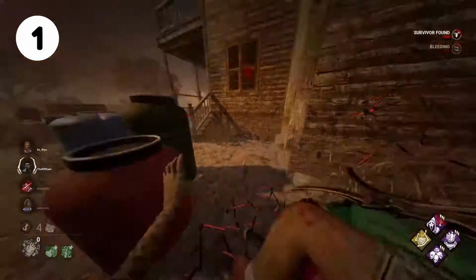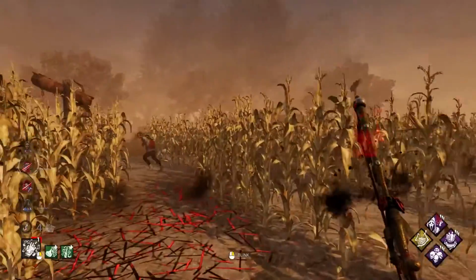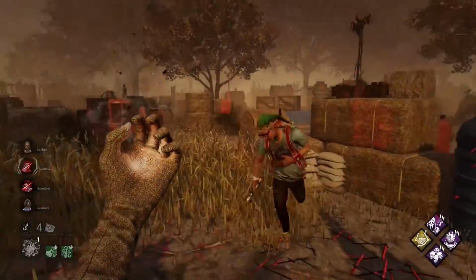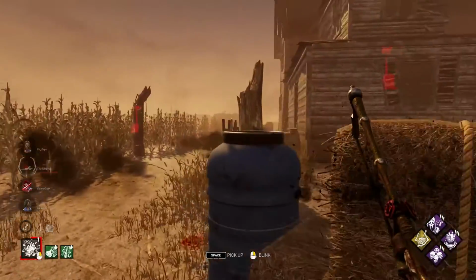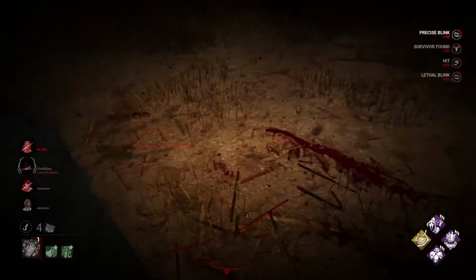And coming in at the number 1 spot with absolutely no surprise whatsoever, we have the Nurse. The Nurse easily has one of the most difficult powers to control in the entire game, and the blinks can be a nightmare to understand. The Nurse's entire kit is based around understanding how survivors move, making it almost impossible for new players to take